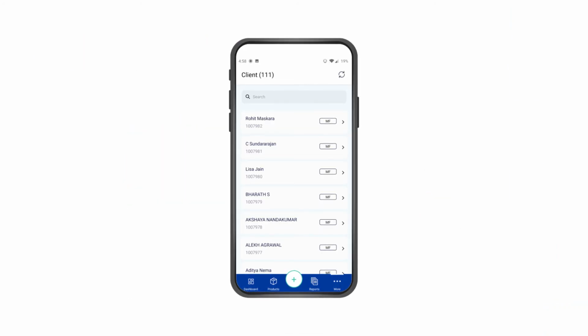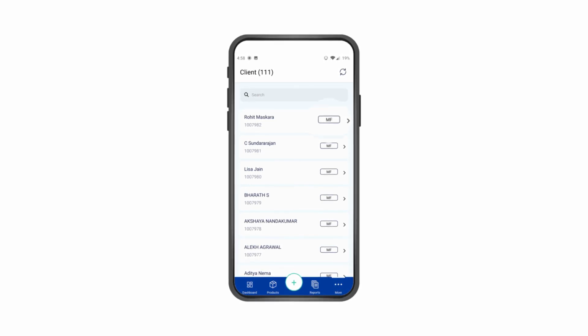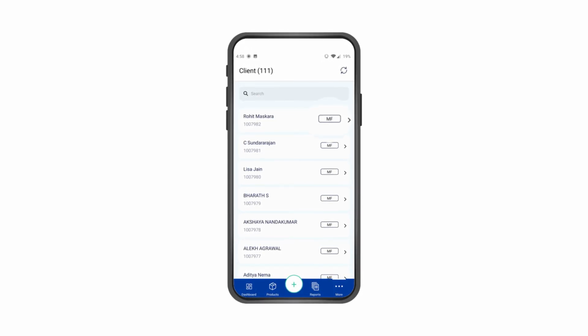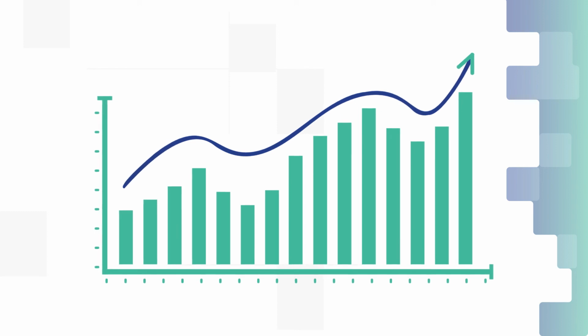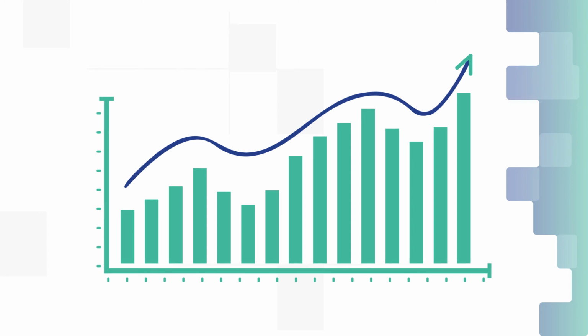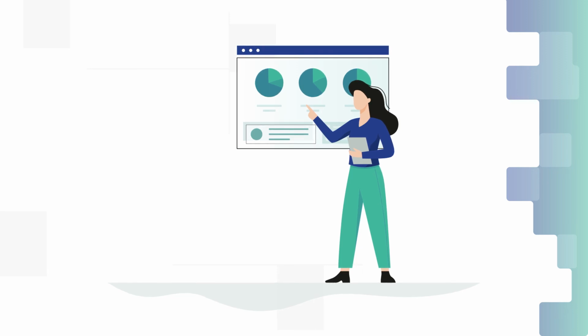The client section lets you see which products have been enabled for each client and filter and search accordingly. This data allows you to analyze trends and actively diversify products, leading to an increased share of wallet and revenue for you. Keeping your clients updated and informed about their portfolios is as easy as 1, 2, and 3.